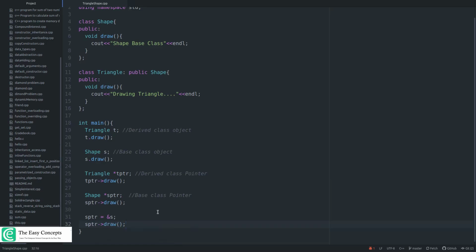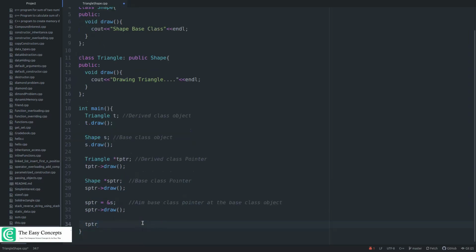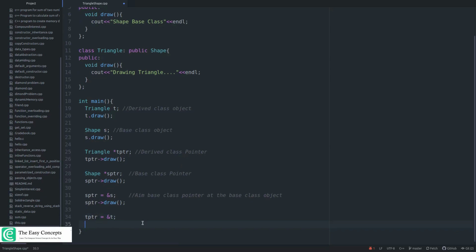I will write a comment so that it's easier for you to figure it out. Other than this, let's try to aim a derived class pointer at a derived class object. So it should be tptr equal to ampersand t. So we are storing the address of the derived class object in the derived class pointer, and then you can call the draw function like this. Okay, now let's try to run this program and see the output.